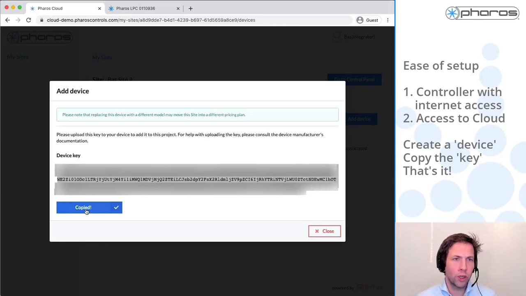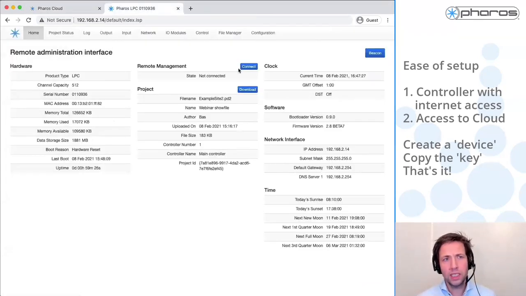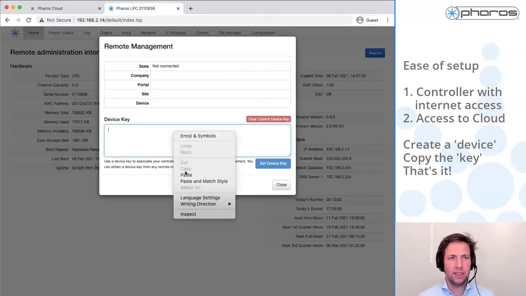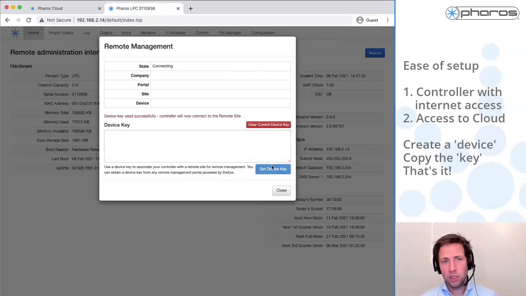As this is being recorded, I decided to gray out part of it. I copy this key and go to my controller and paste this key. At the moment I've hit this button, the key is no longer valid, so even if somebody would see it, it's not a big deal. But